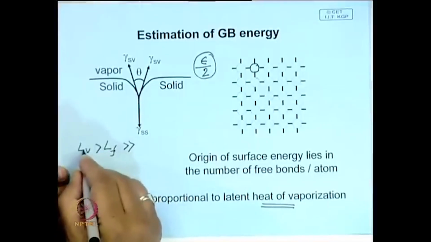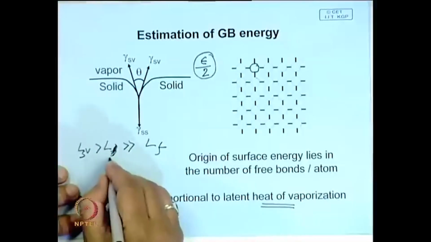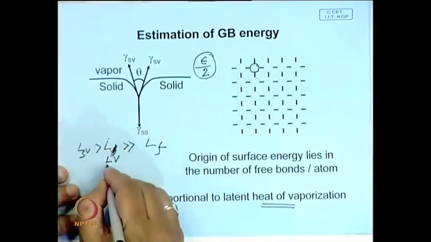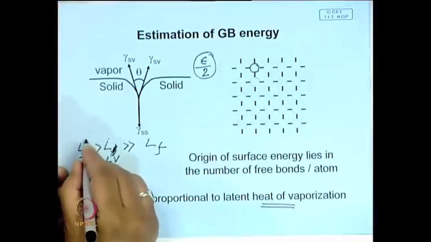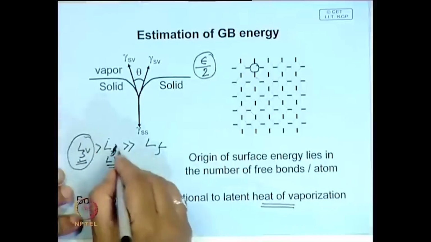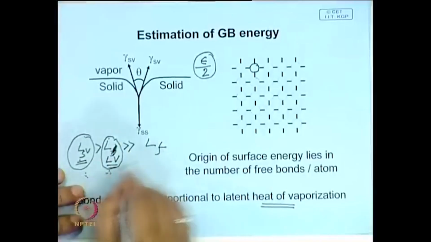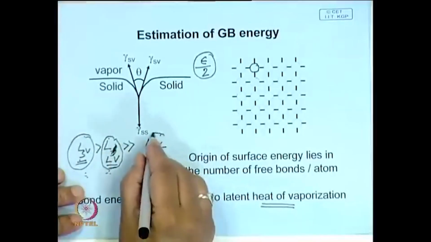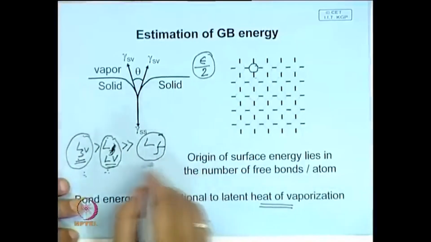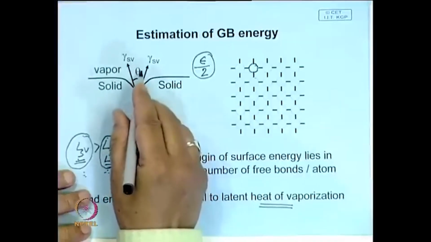Sorry, this is solid to vapor, this is much greater than latent heat of fusion. This is from liquid to vapor, latent heat of vaporization, and this is latent heat of sublimation from solid to vapor, and always this is the highest. Next is latent heat of vaporization. Difference between these two is not much, but both of these are significantly larger than latent heat of fusion. So that indicates that this grain boundary energy will definitely be much smaller